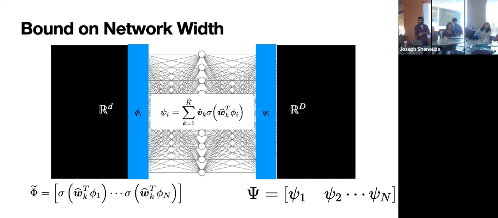Is that clear? So we have this type of setup, and what I'm going to show eventually is that the number of neurons you need, this K hat here, let's say initially you had a very large number of neurons, n times d, to get this perfect input-output mapping. What I'm going to show is that basically you don't need K hat. You can get away with far fewer by exploiting the intrinsic dimensionality of these two matrices.